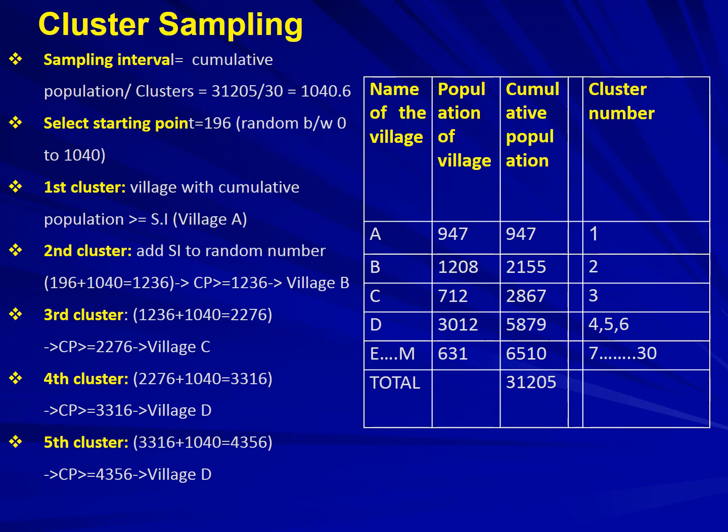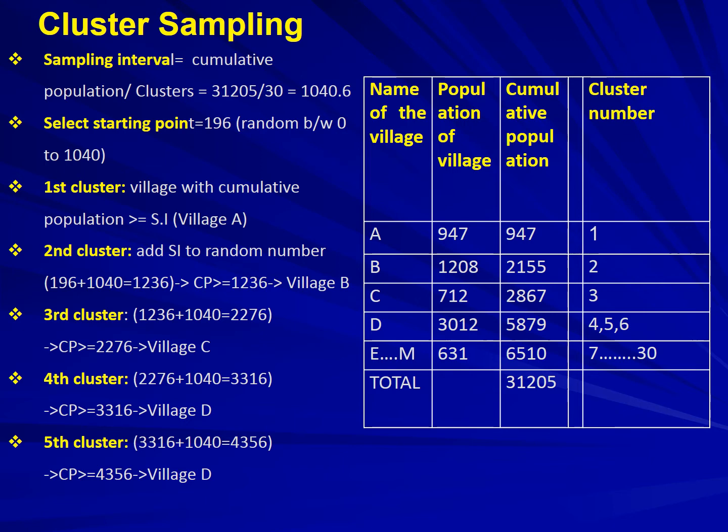In the second column you have to write the population of each village in front of that particular village name. So the population in village A is equal to 947, in village B the population is 1208. Likewise for all villages you have to write the population in the second column. Third thing you have to do is to calculate the cumulative population for each village. So cumulative population means, suppose the population of village A is equal to 947, then the population of village B is 1208, but the cumulative population of village B is, you have to add the previous village population into the population of